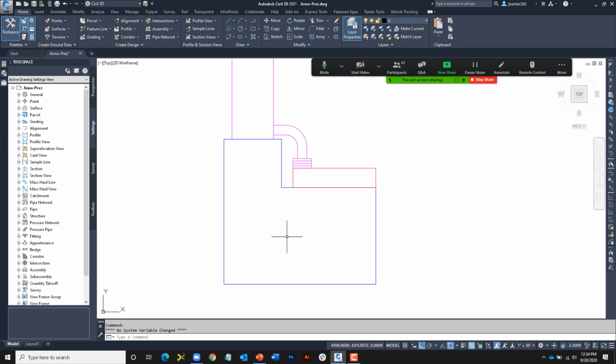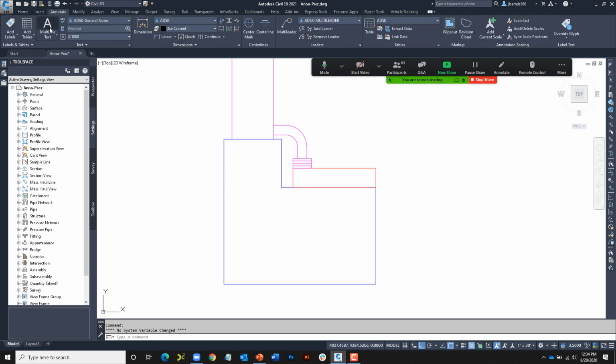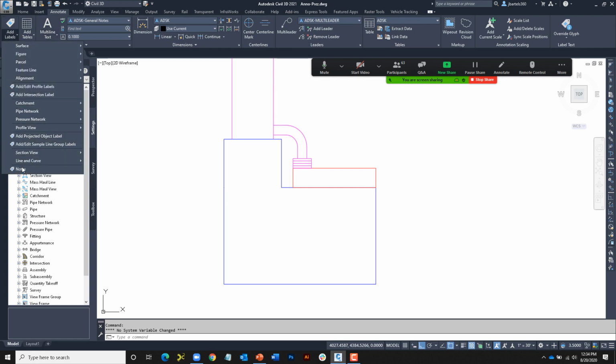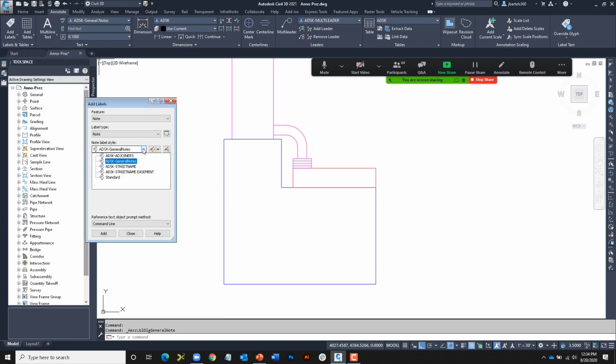To create generic labels in Civil 3D, we do that by going to the Annotate tab, and in the Labels and Tables panel, I'm going to expand Add Labels, and I'll choose Notes. We label these generic objects with a note. And I've got several note styles in here. I'm just going to select this one called General Notes, and I'll click Add, and then I will click to